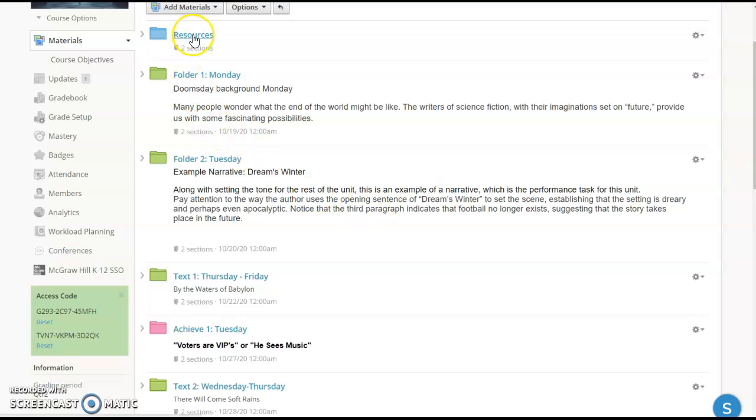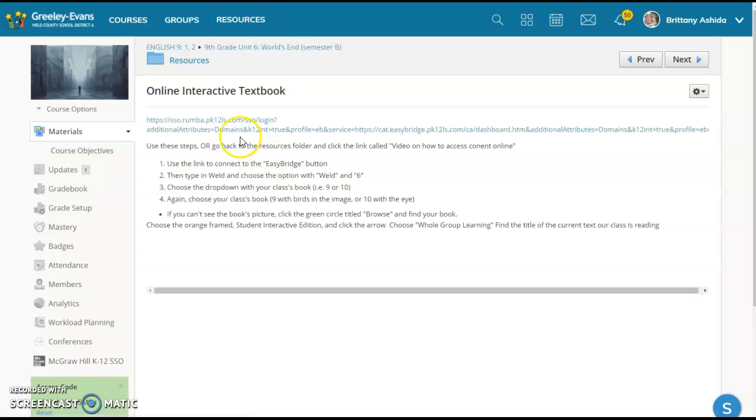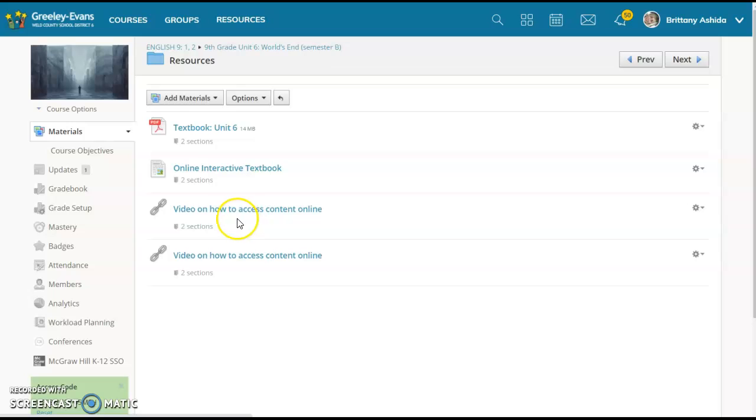So as usual, our resources are here. In this resource folder, that's where you have access to our textbook and also the online interactive text. This has minimal instructions. This is something that I can absolutely help you with in class or on Zoom. It just has many steps, and sometimes you need to show me your screen to know what the next thing is. So there are these steps, but also if you go back in the resource folder, there is a video, and it will step by step help you to know how to do that.